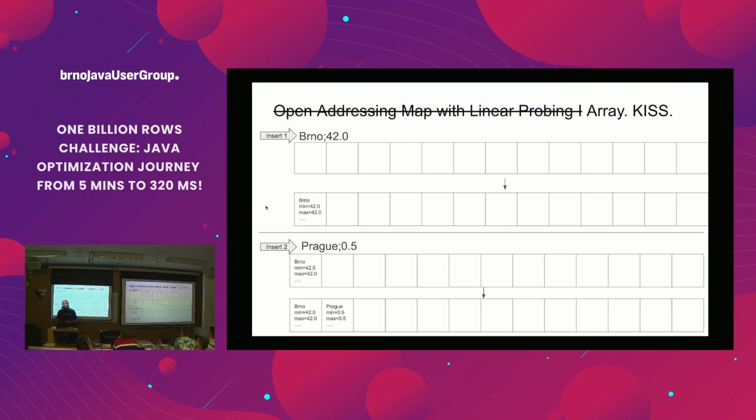We could use maybe bytes, but if you use a byte array instead of creating a string out of it, it's still instantiation. And then byte array and equals is tricky, right? So what most of the people did in the challenge was to craft their own data structure, and most of the time it was an open addressing map with linear probing.